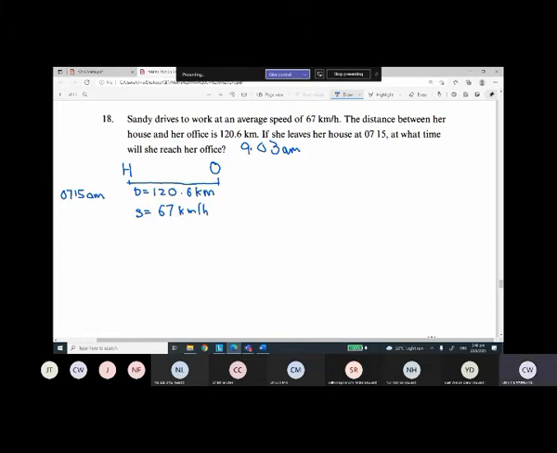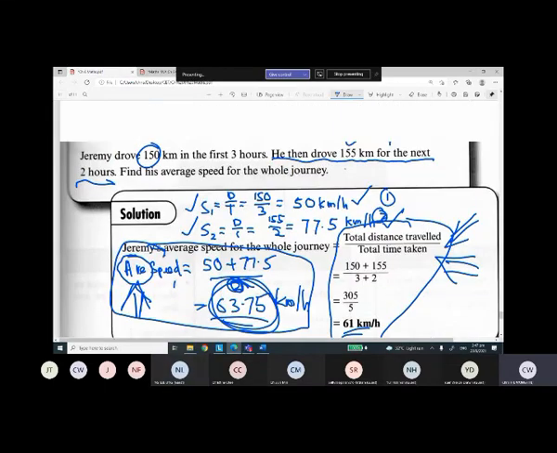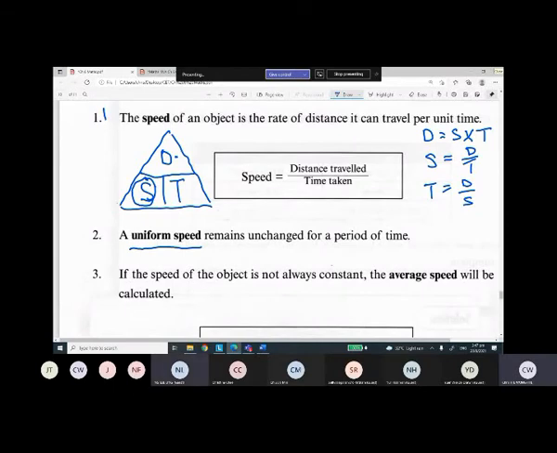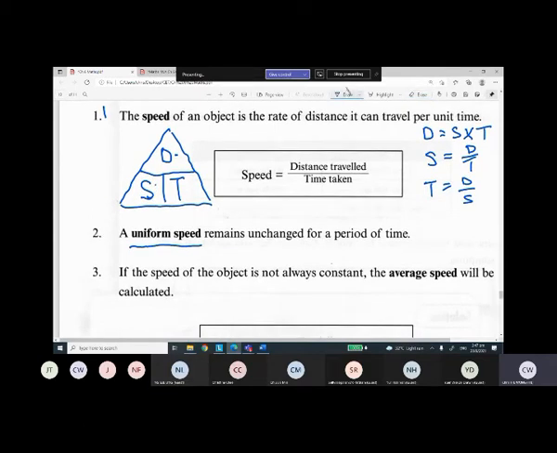Before you work out what time, you have to work out the hours that she travels from home to office. So based on the formula, you come back to the formula again. The formula is this, right? You're supposed to find the time this time, isn't it? So what is the time? If I just circle the time,